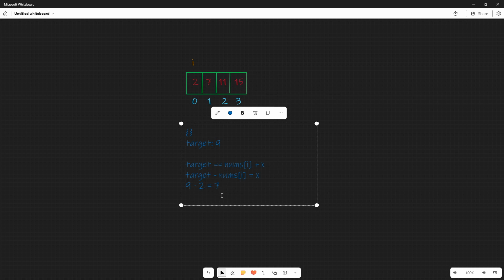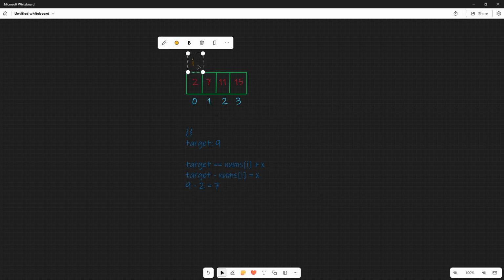Because if we were to search the array for the 7, then we would end up with an n squared time complexity, which is really slow. The reason for that is because in the worst case, the answer is not even in here, right? So for every time we're at a location i, we would have to iterate through the whole array again. So, for example, this one here, we'd say target minus 2 equals 7, and then iterate through this